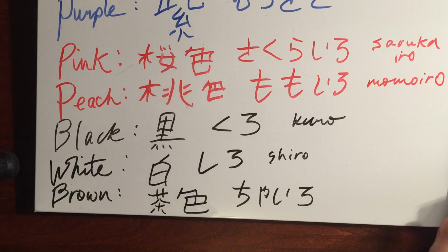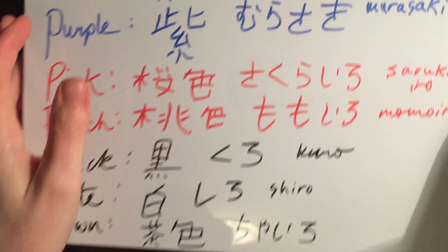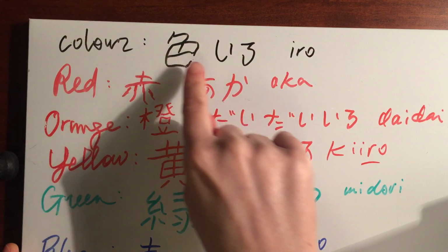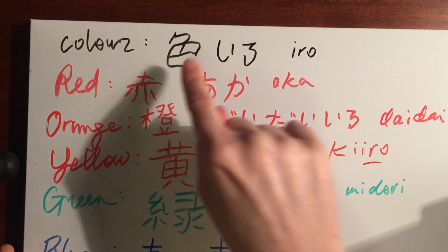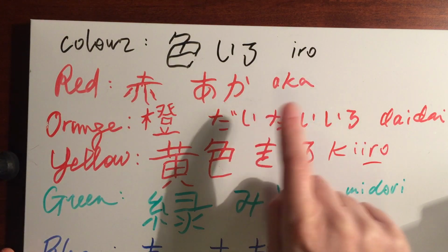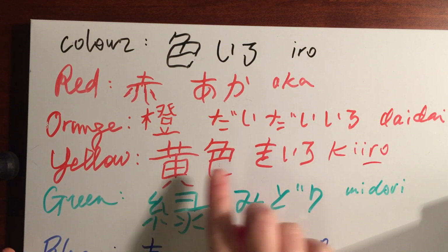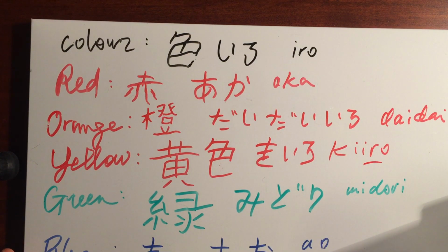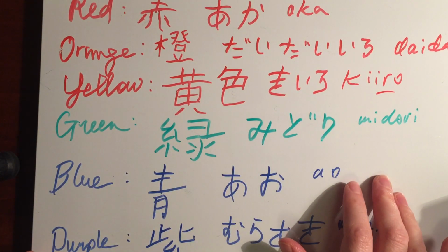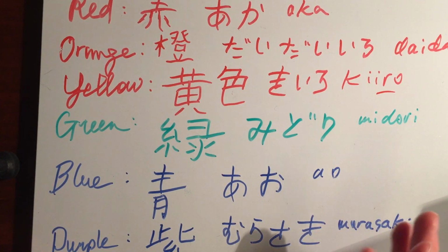Okay. Let's do a little review. Before we go on, by now you should probably remember iro is this horrible drawing that I made. Iro. Red, aka. Orange, daidairo. Yellow, kiro. Key. If you think of a key, it's kind of golden. Green, midori, like the liquor. Blue, ao, like when you're looking at life on the moon, you're like, oh, surprise, there's life on the moon,